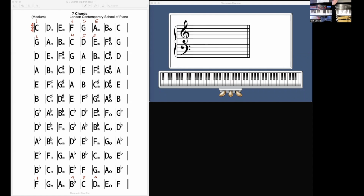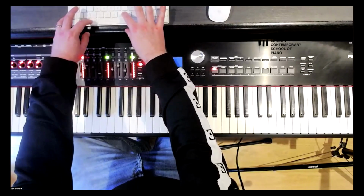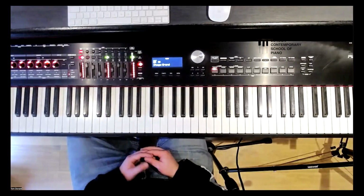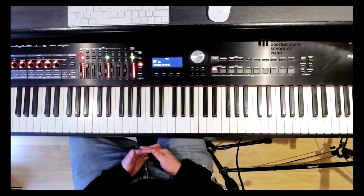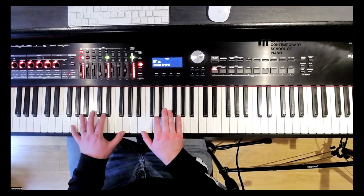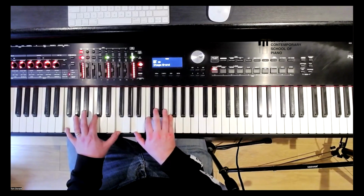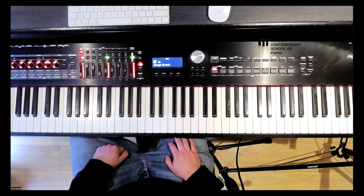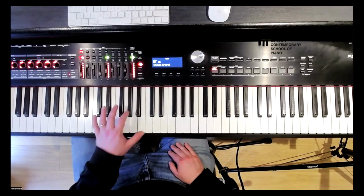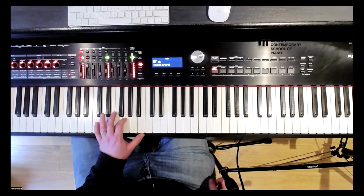So now let's finish off with some more applied piano techniques regarding this. It's not just used a lot in pop music, this progression, it's also used a lot in contemporary minimalistic classical music, popular classical music, so to speak. If you think of composers like Einaudi, a very good example, he uses this progression all the time. So if you want to compose a piece that sounds Einaudi-like, all you really need to do is